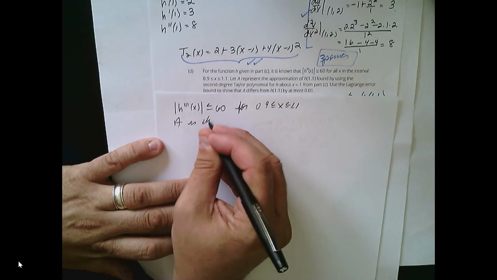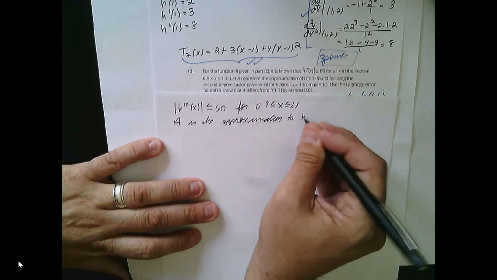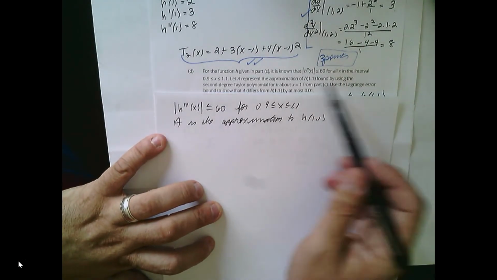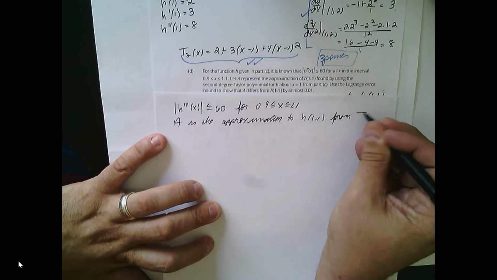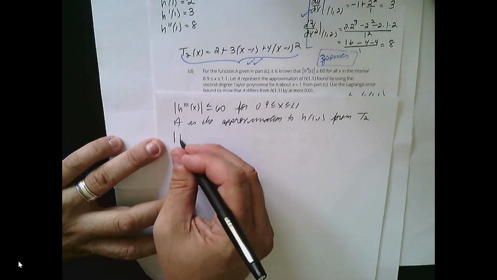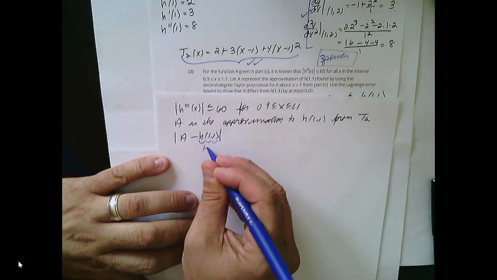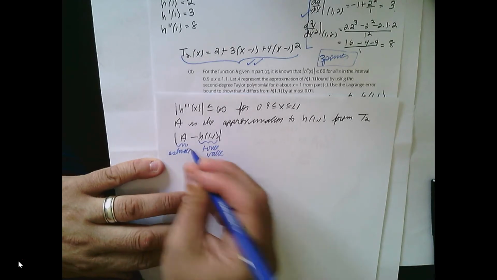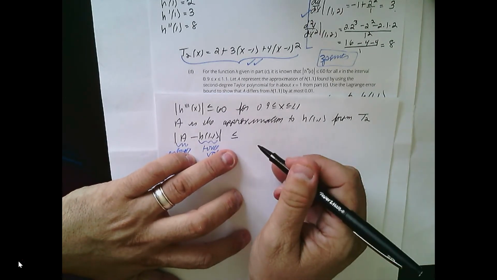A is the approximation to h of 1.1 found from using my degree 2 Taylor polynomial. Well, what Lagrange says is this. If I look at the difference between the true value, h of 1.1, the true value of the function at 1.1, and A, your estimate from the second degree polynomial, what Lagrange says is that this has to be less than or equal to